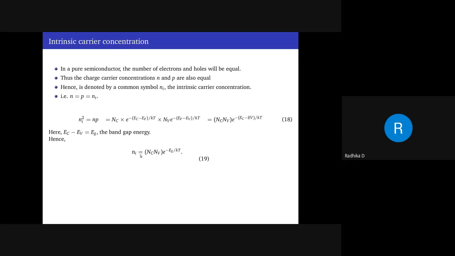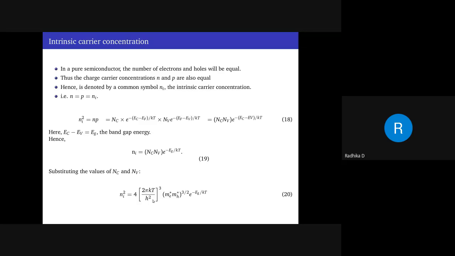So next expression, Ni. I made a mistake, this is Ni square. It becomes Nc Nv e to the power of minus Eg by Kt. Next, substitute for Nc and Nv: 2 pi me star Kt by h square raised to 3 by 2, and 2 pi mh star Kt by h square raised to 3 by 2. Substitute those and multiply. You will get 4, 2 into 2. Then all the 3 by 2 powers you can combine; 3 by 2 into 3 by 2 becomes 3.